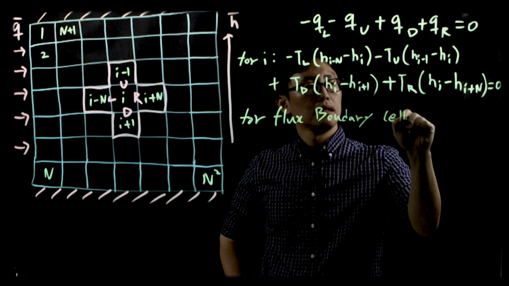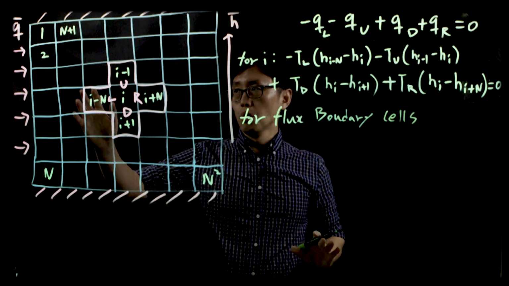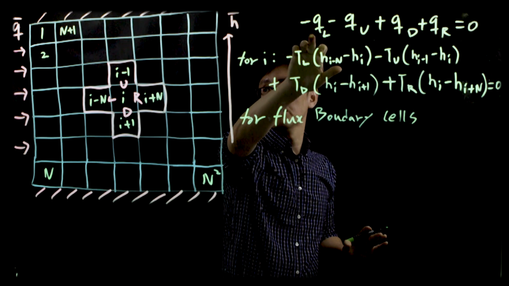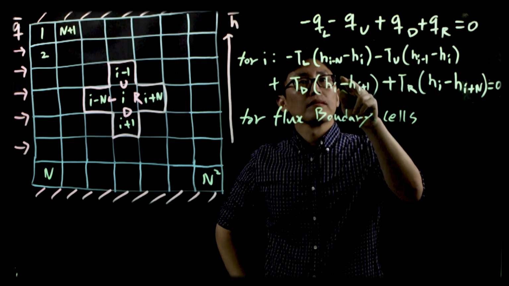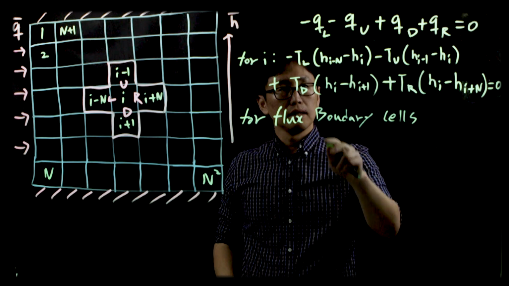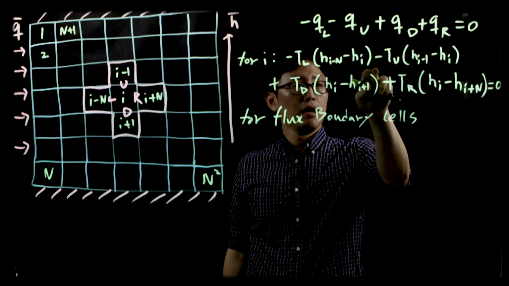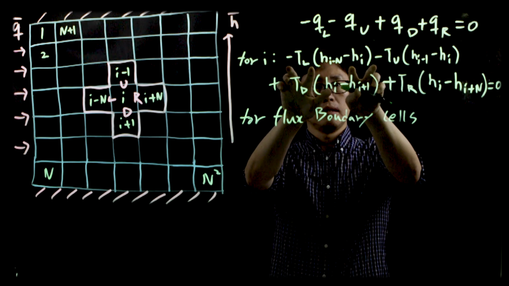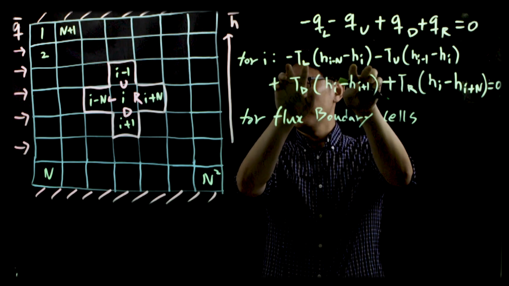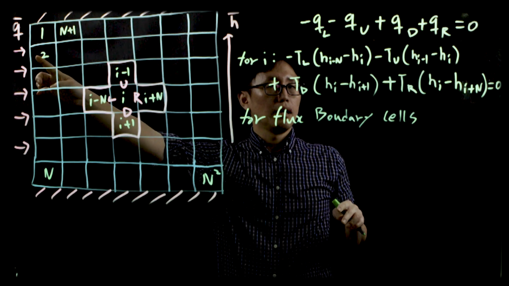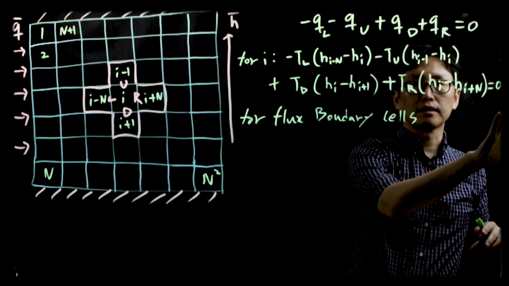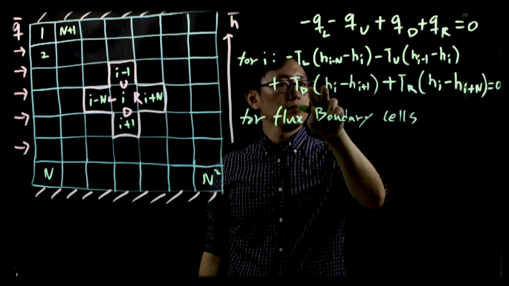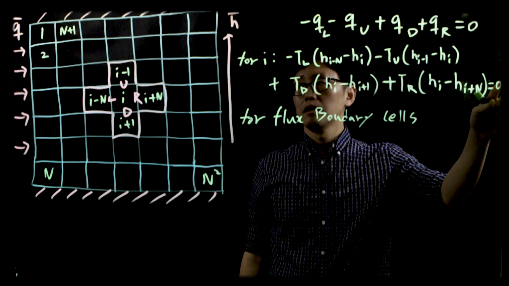Cells. We have a known term as Q bar, which corresponds to QL, right? So this term will be gone, and that means this term will be gone. Then this will be replaced by minus Q bar, and that can be moved to the right hand side. So we will have only this term, and this term, and the Q bar on the right hand side,